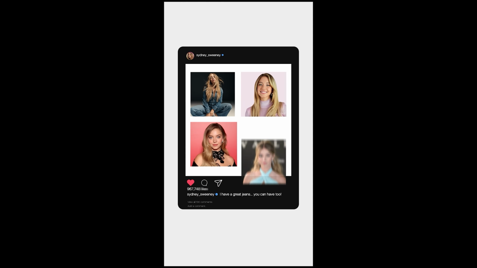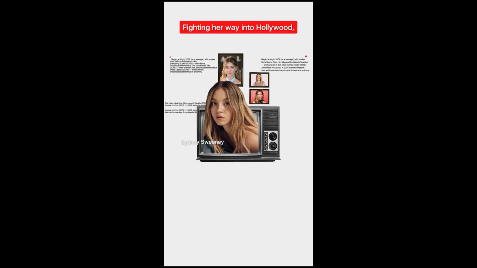This girl went from posting online to fighting her way into Hollywood. Sydney Sweeney turned fame into power. From playing